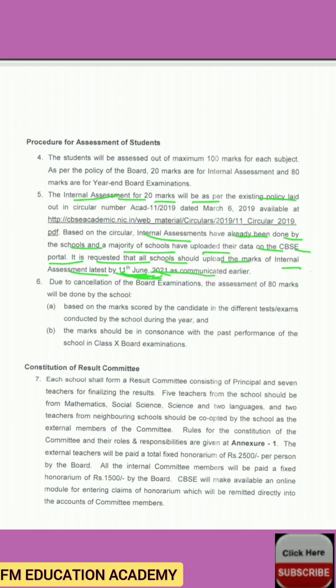As the board exams are cancelled, now the 80 marks assessment will be done by the school. That is, 80 marks will be evaluated, analyzed, and the schools will declare the result of 80 marks based on the marks scored by the candidate in different tests or exams conducted by the school during the whole year. So whatever exams were conducted from 2020 to 2021 by the school, on that basis these 80 marks